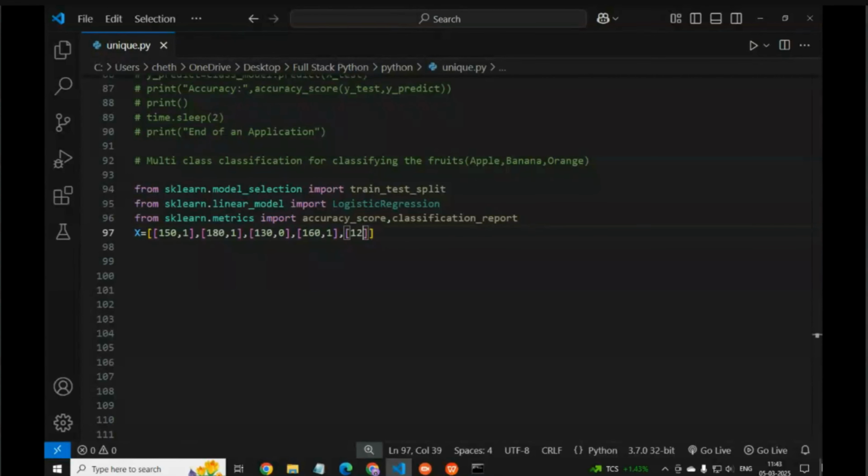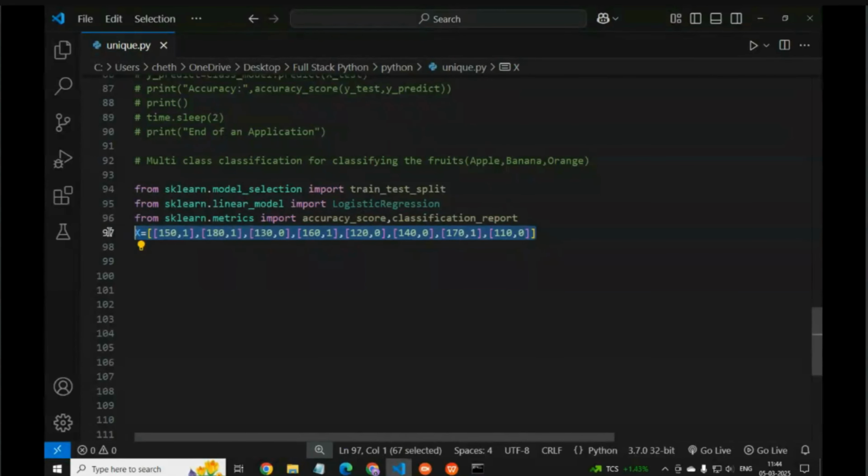Then 120, 0. Then 140, 0. Then 170, 1. Then 110, 0.